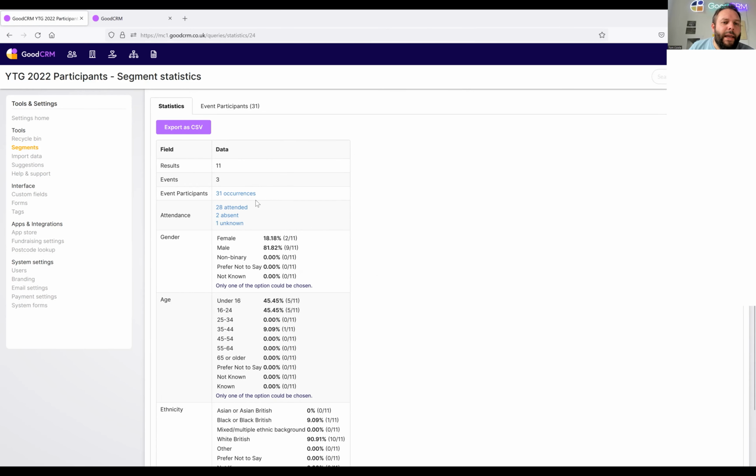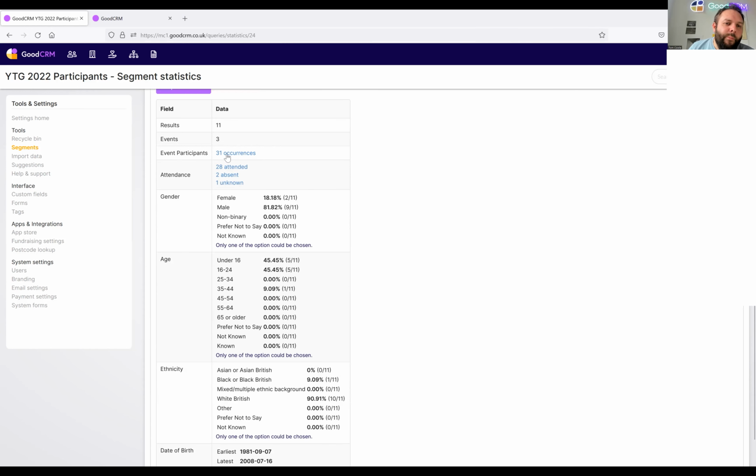So what we're also getting here is occurrence data. How many times did those 11 people attend those 3 events? Well, there were 31 occurrences of that data. We can think of those occurrences as engagements, but this will work not just for events, it will work for wherever you've got this connectivity, these chained